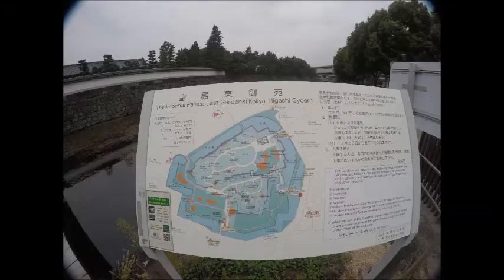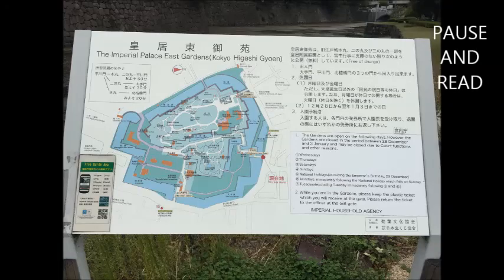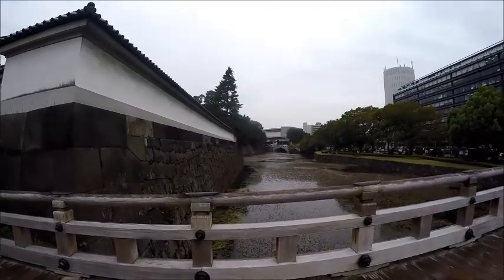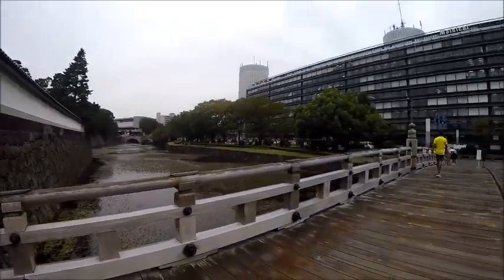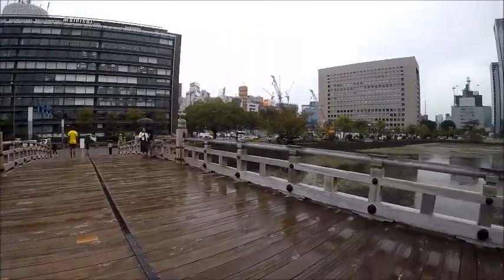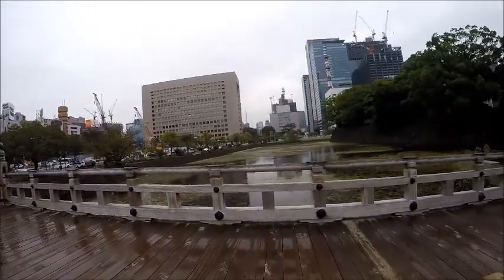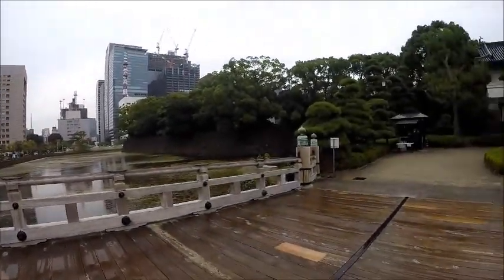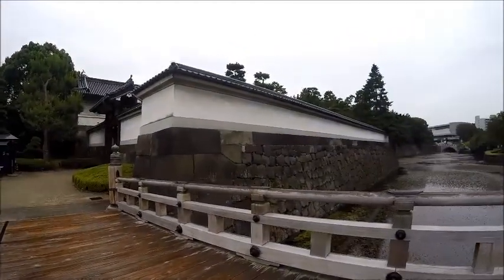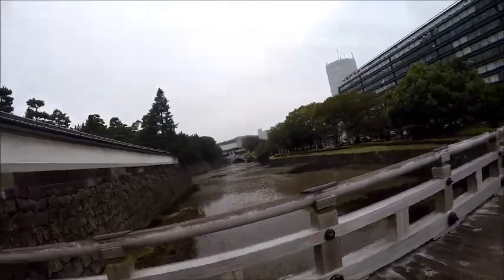At the front entrance, this is a sign describing the interior of the Imperial Palace. You can pause this if you wish. And this is the entrance to the main area,